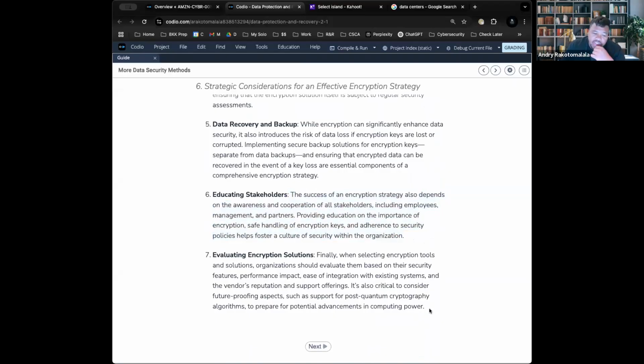And finally, evaluate the encryption solution. So this just means looking at how your encryption strategy is working in your system, finding out what works, finding out what doesn't work, and reevaluating if you have to pivot or make any changes, right? That's all that means. Now, if it works, great. If it could be improved, even better. Do we have to replace the whole thing? We'll see. That's the entire point of the evaluation, is to find ways to make it more efficient and at times potentially even cheaper because maybe a new solution comes out that does that.